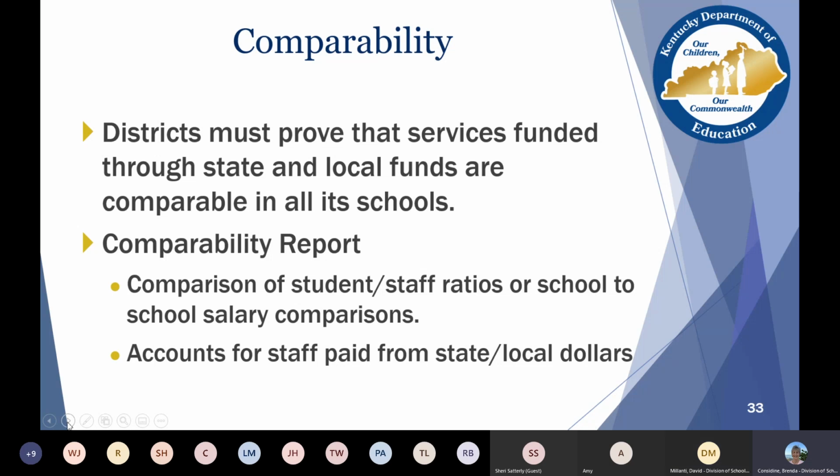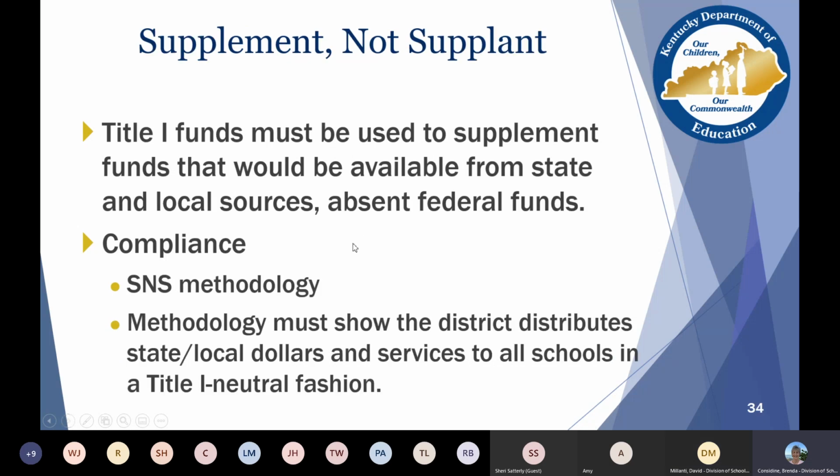Which then goes into supplement and not supplant. Title I funds must be used to supplement funds that would be available from state and local sources absent federal funds. And I believe it was in 2016 when the United States Department of Ed issued some changes in supplement and not supplant.